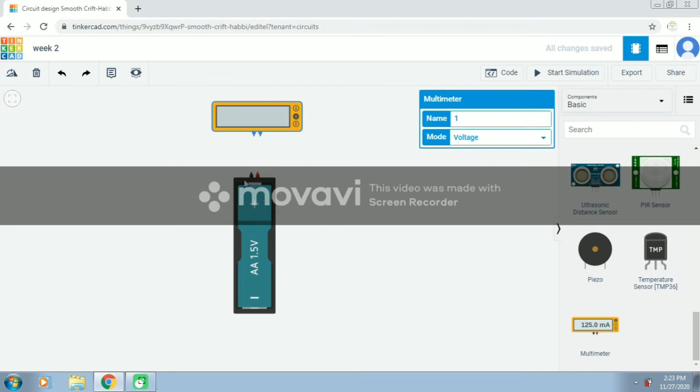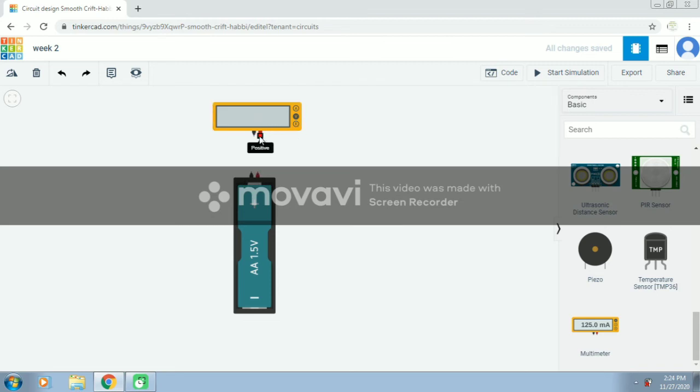Now, how will I connect the battery to the multimeter? See, here you have two terminals. One is the positive and the other is the negative terminal of the battery, right? And here in the multimeter also, I will have two terminals, one positive and the other negative. So you have to connect the positive to the positive of the multimeter and the negative terminal to the negative terminal of the multimeter. You will have the probes. I will show you in the class the live probes of the multimeter, so you have a look over it.